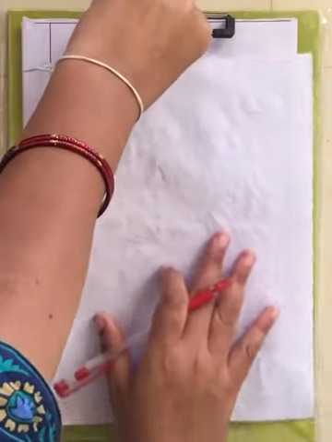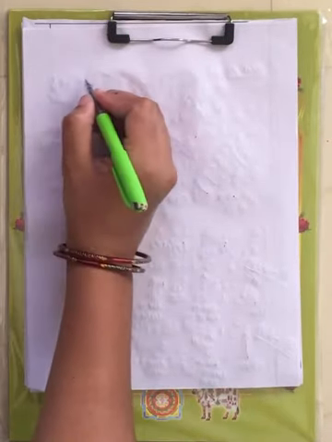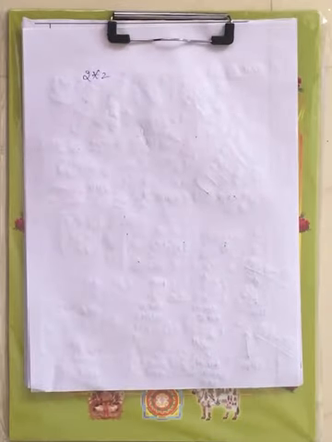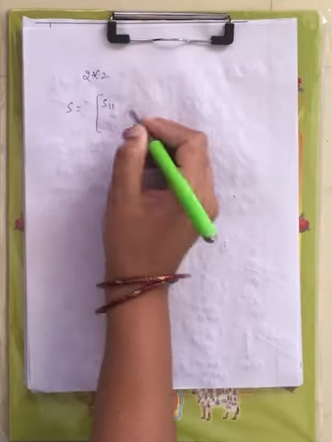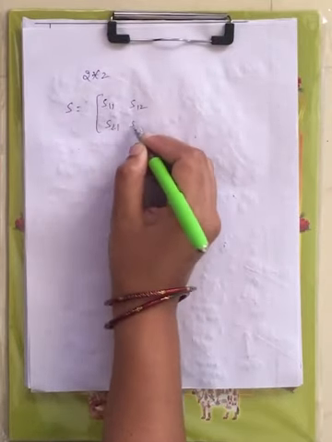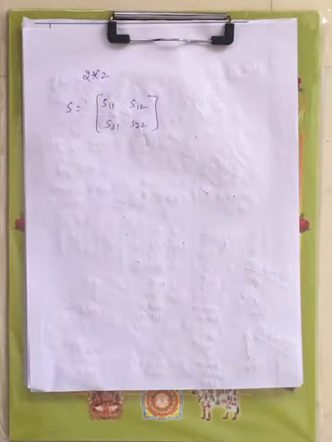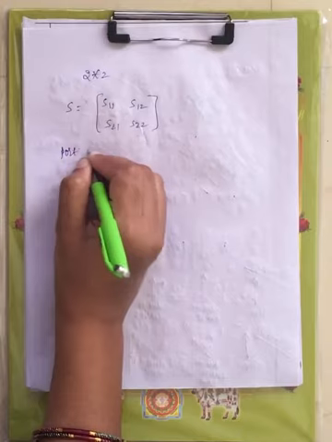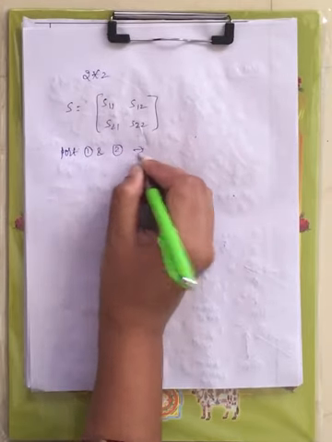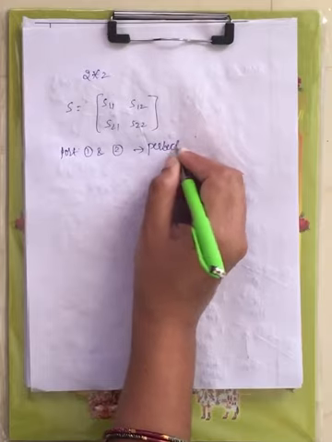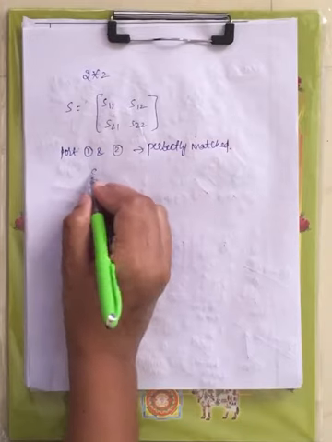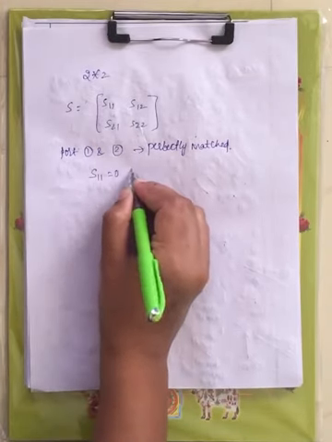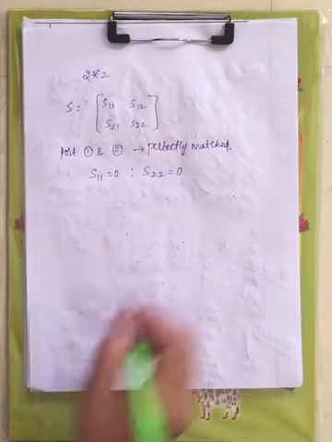Now let us see its scattering matrix, right? Here how many ports does it contain? 2 ports, right? Now what is the order of the scattering matrix of the isolator? 2 by 2, right? That is given as S equals S11, S12, S21 and S22, right? Now port 1 and 2 are perfectly matched. Both ports are perfectly matched. That means you won't get any reflection. That's why S11 is 0 and S22 is 0, right?